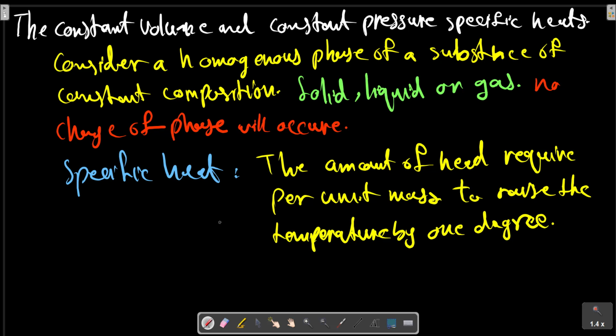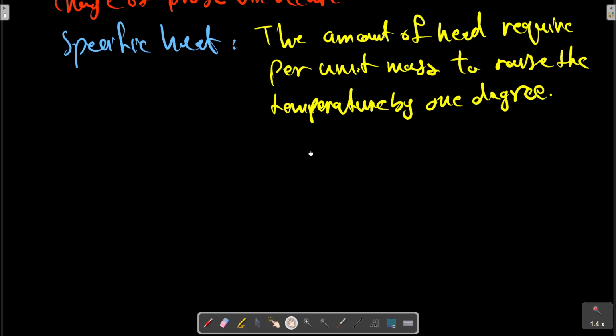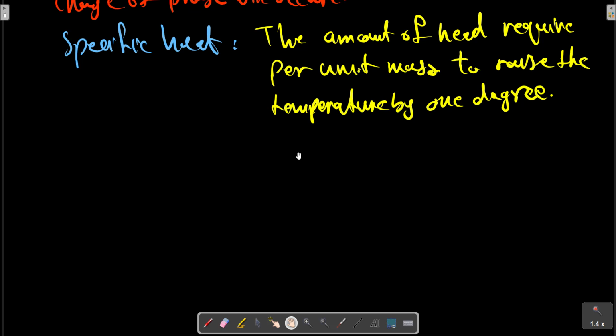Since it would be of interest to examine the relation between the specific heat and other thermodynamic variables, we note first that the heat transfer in the equation